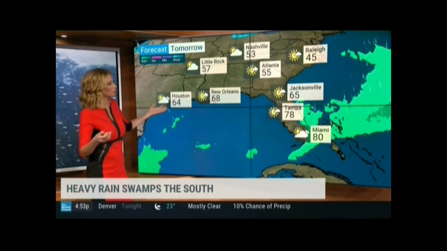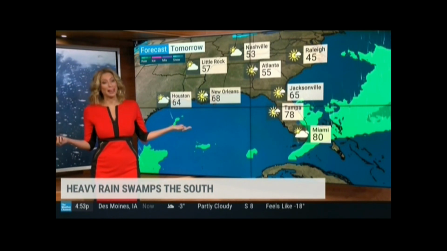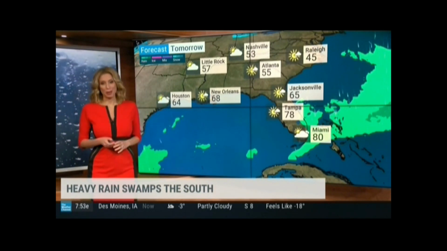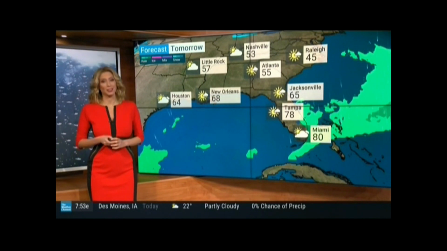So here's a look tomorrow. You can't get a better forecast than this. For mid-February, stunning, Jim. I mean, I think we are winning at our forecast here. Yes, spring is